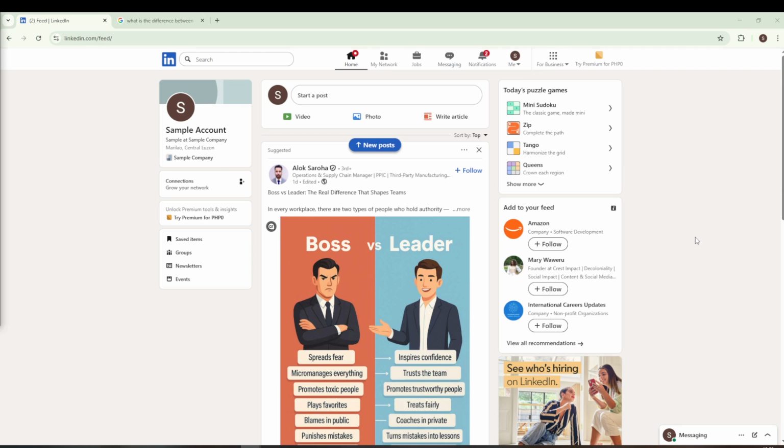First things first, go ahead and log into your LinkedIn account. Once you've logged in, you'll find yourself on your dashboard, which serves as your main control hub on LinkedIn. Now direct your attention to the top of the page where you'll see an option that says Start a Post. Clicking on that will open up a new post window where you can add content you'd like to share with